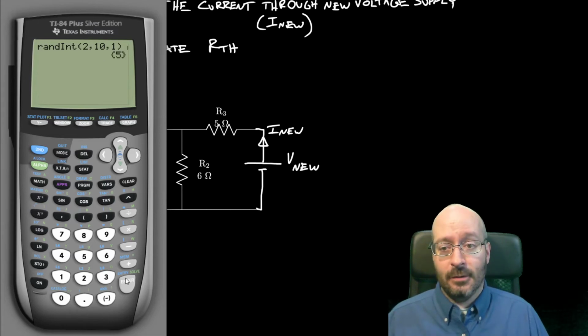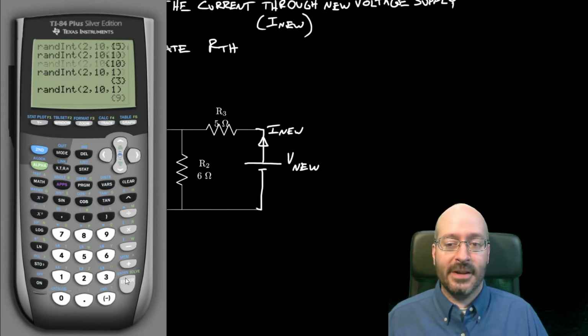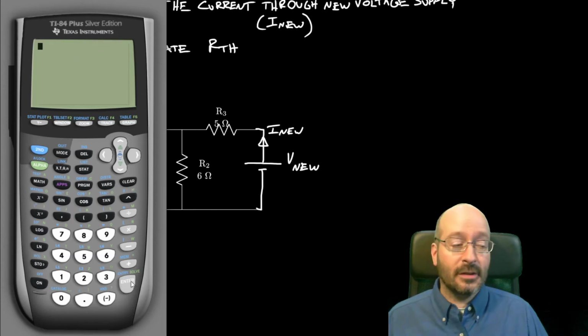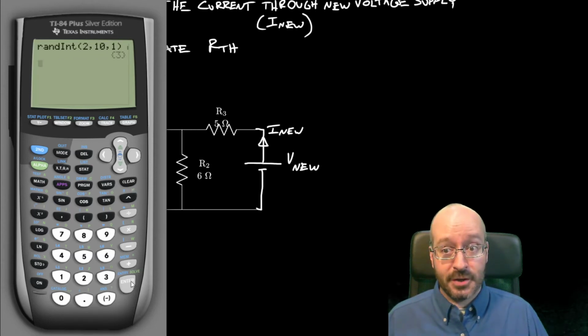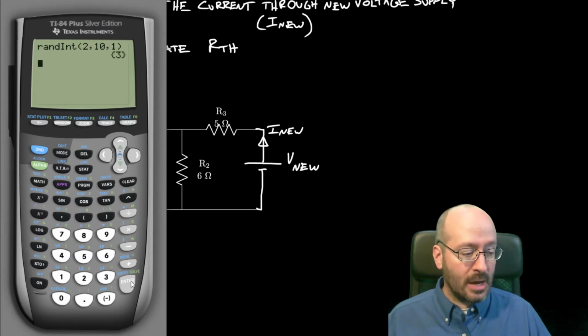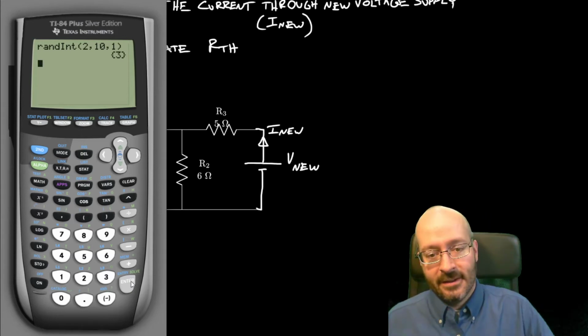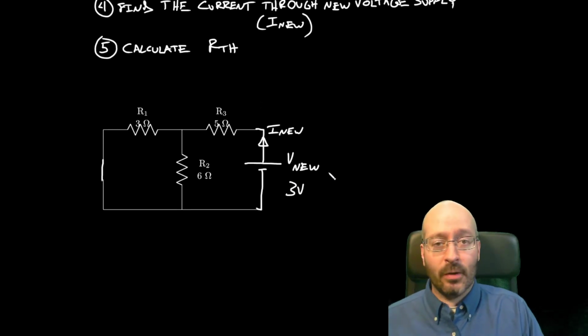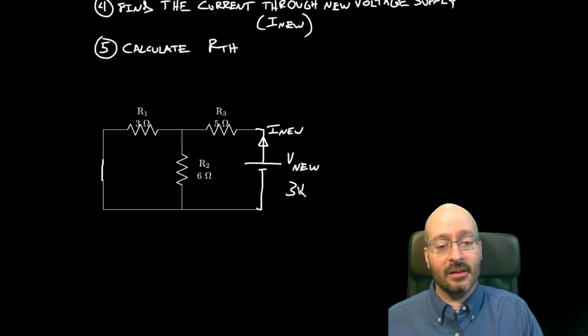Okay, so look, 5, 10, 3, 9. I could use any of these. So we're going to use this one, the random integer 3. So I'm going to hook up a 3 volt supply right here. Okay, so let's say that's 3 volt. It's a random number. It doesn't matter what it is. If this changes